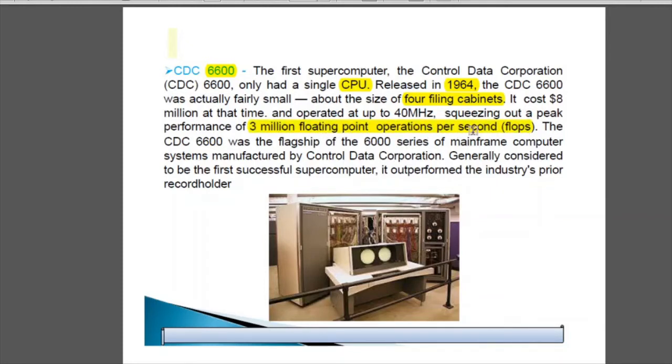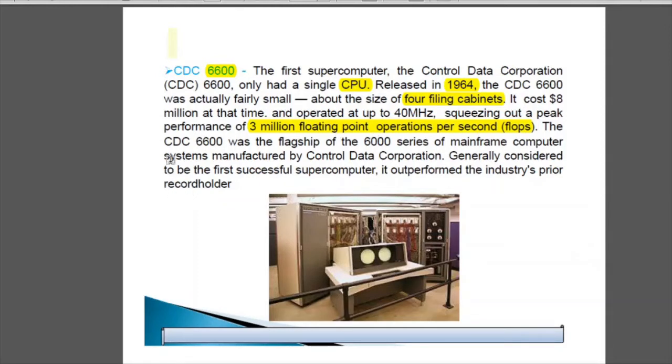It is a term, or you can say a unit, which is used to calculate computer performance, that is, how much your computer performs. Like you use mileage for your cars, similarly, for calculating the performance level of a computer, we use the unit FLOPS, that is floating point operations